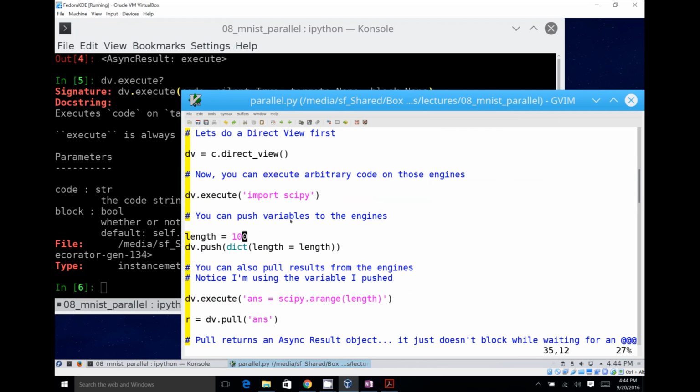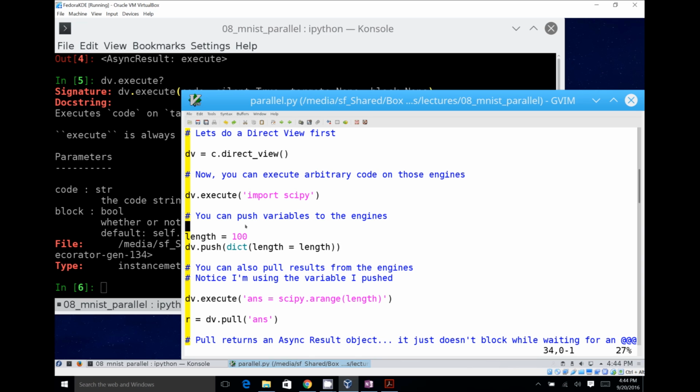So let's do something else with our direct view interface. So yeah. If we didn't wait for the answers, it might happen that the engines haven't imported scipy and we have started executing things. Oh, that's right. And oftentimes you actually don't want to wait for the answers because the client has some other stuff to do while the engines are doing their complicated long computations. But that could raise an error too, right? Oh yeah, absolutely. And debugging parallel code is significantly more difficult than debugging serial code for exactly the reason that you said, which is that sometimes if you're getting an error on the engine, it's somewhat difficult to find out what it is. Now, fortunately, with